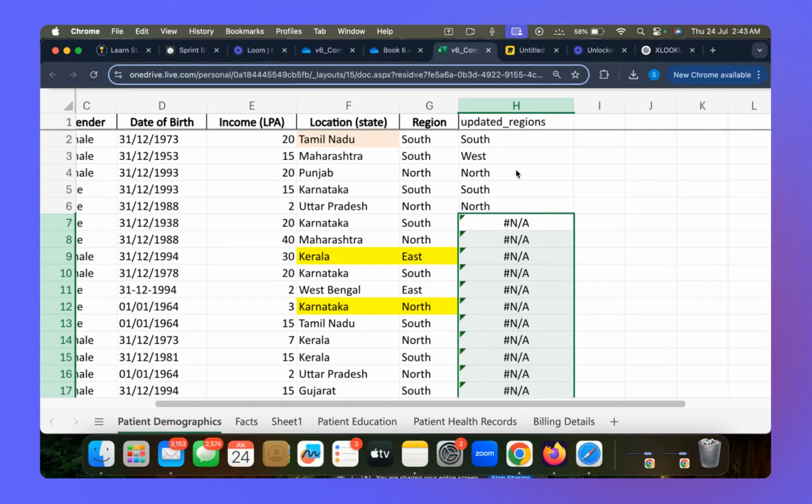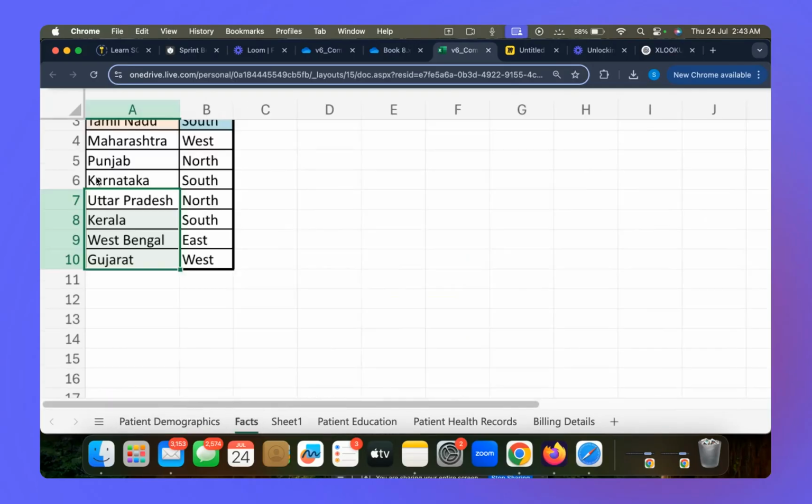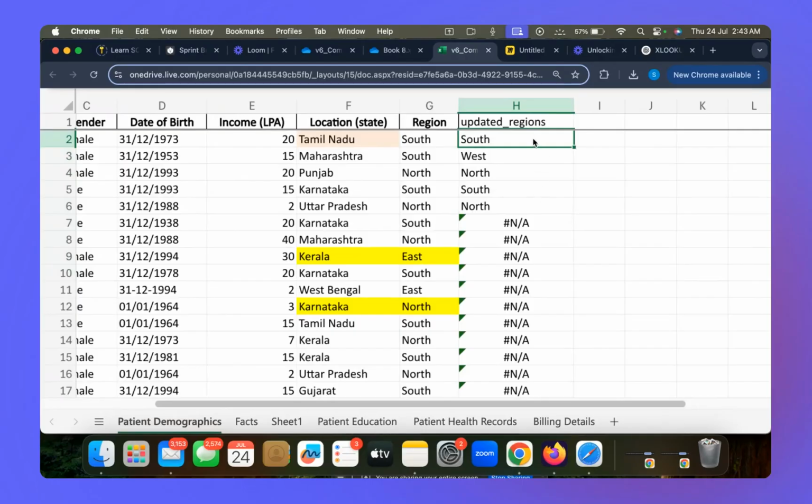We will discuss sometime later why we get this kind of error. I'll just give you a small understanding. You wrote the formula for one cell. This is the formula that I wrote, where I fixed A2 to B10. This is my original reference sheet, A2 to B10. A2 is this cell, B10 is this cell. So all the way from A2 to B10, this is what I fixed in the first cell.